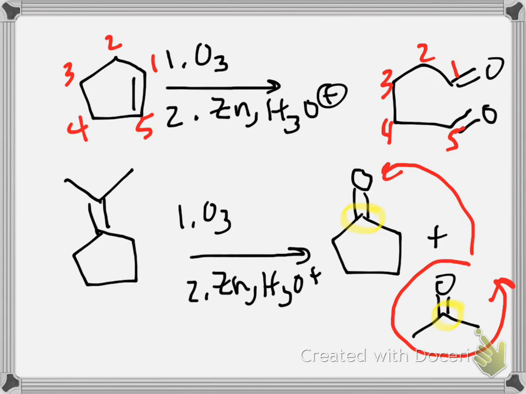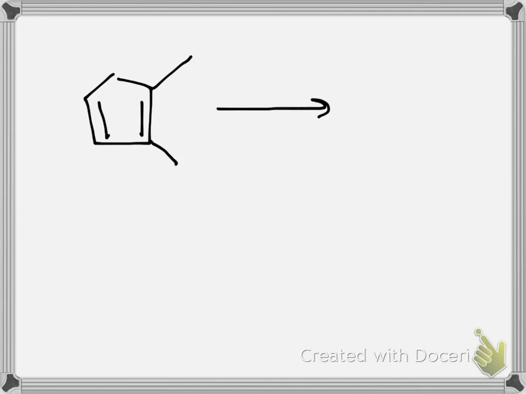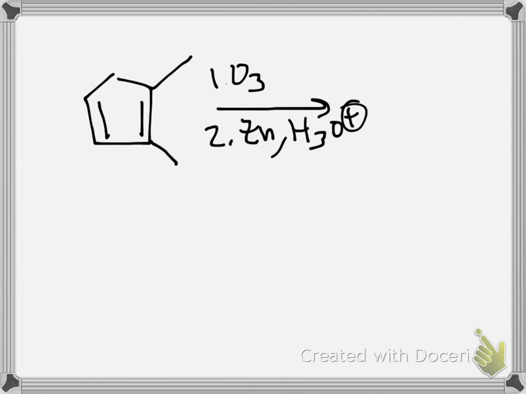You can have more than one carbon-carbon double bond. So for instance, if I start with this compound and I react it with ozone and zinc and H3O+, now I'm going to be breaking these two carbon-carbon double bonds. All the other bonds stay intact. So the product